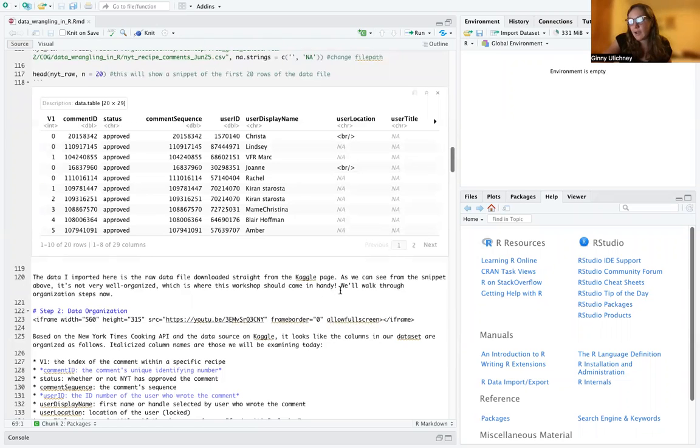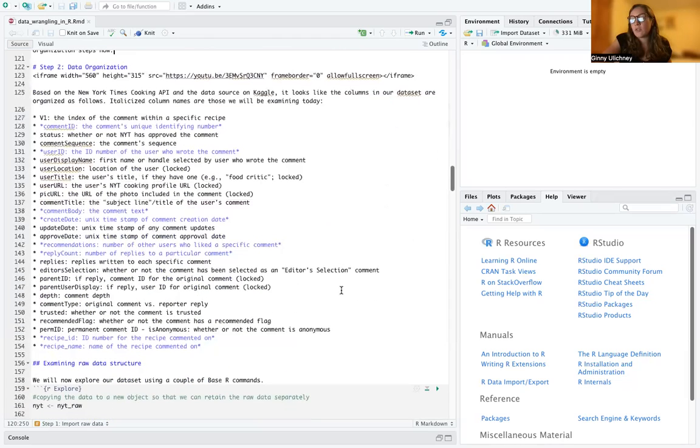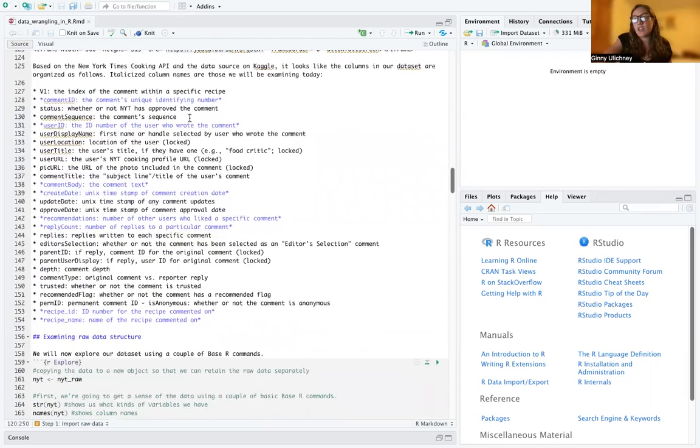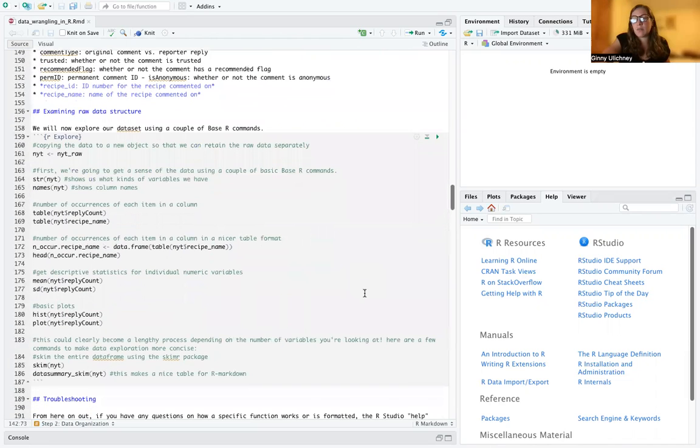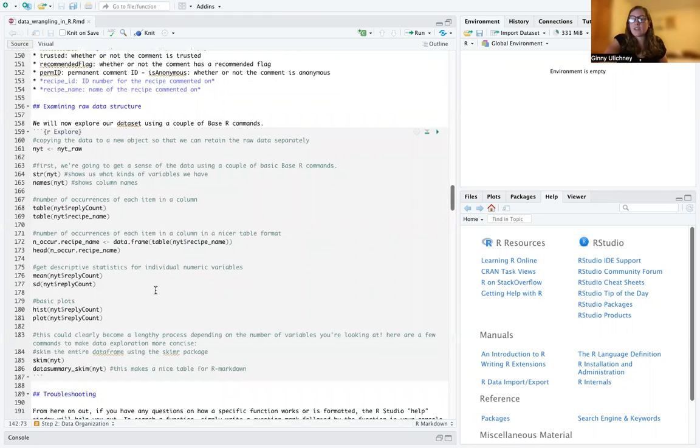which is quite a lot. So from there, you'll select the columns that you're interested in, which are comment ID, user ID, comment body, creation date, recommendations, reply count, recipe ID, and recipe name, with more details on each of those in the workshop itself. So you'll first look at the raw data structure just to get a better sense of the types of variables that each column contains, as well as the column names, frequency counts of each value within each column, and then some basic descriptive